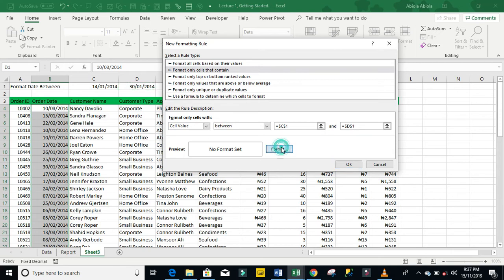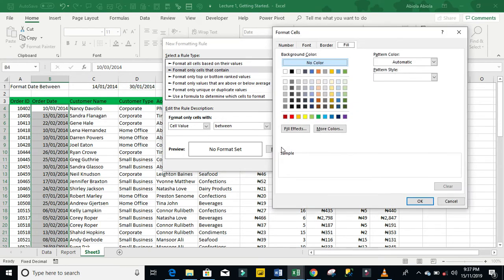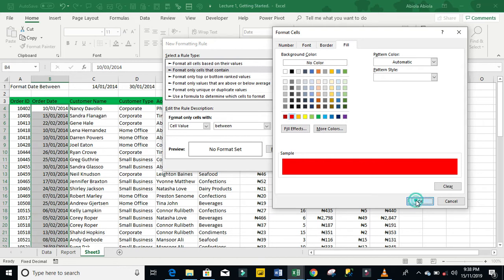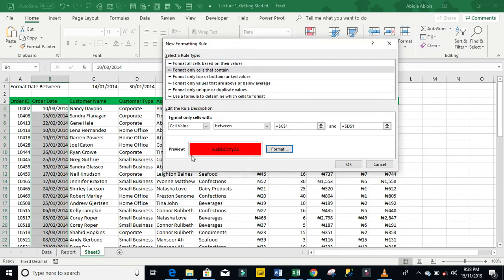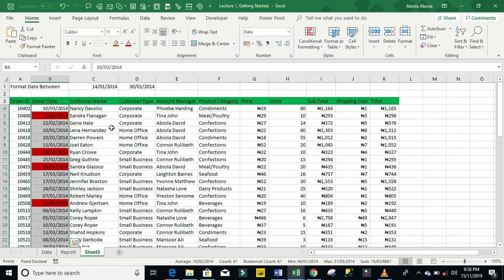Then click on format. Now we actually want to apply red fill color, so I'm going to click on red, and this is the sample. Click on OK, and of course this is the preview. Finally click on OK. Now we can see that okay, this date 15th of January is actually between 14th and